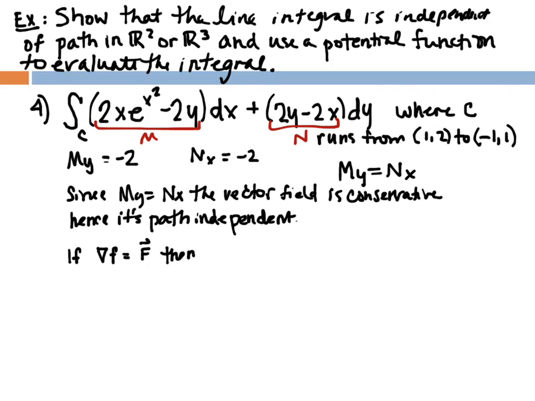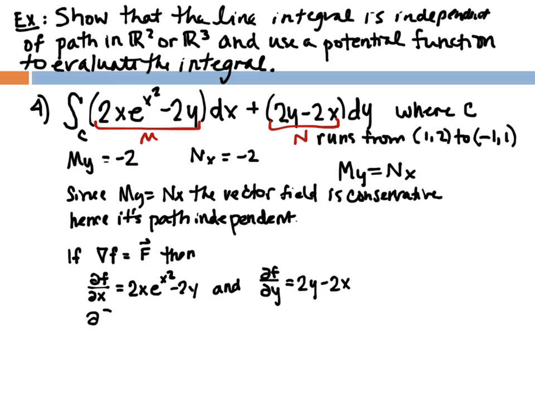then what we know is that del f del x is going to equal m, which is 2x e to the x squared minus 2y, and del f del y will equal n, which was 2y minus 2x. Does this look familiar? Okay, what did we do next? Now that we've got that written, I bet you know. We integrate. And we really can pick, but we've tended to go with just the first one. So we've said, okay, I can do del f equals 2x e to the x squared minus 2y dx. And then I can integrate this